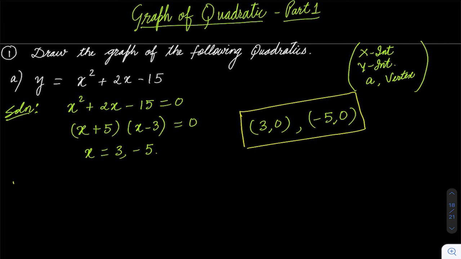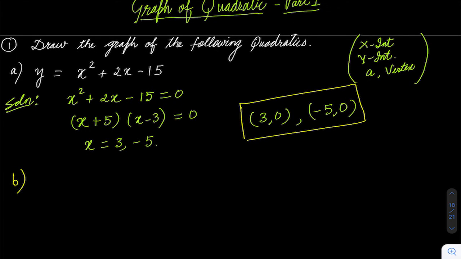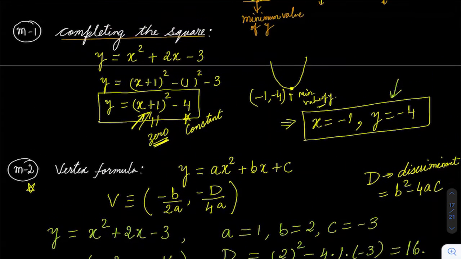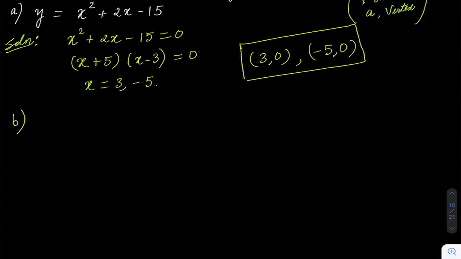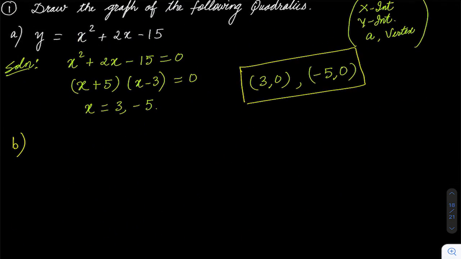Second thing is y-intercept. Now the y-intercept we just learned is (0, c). You can just remember this. It's very easy. Or you can just remember x is 0, y is c. So just substitute x as 0, and it will give you the c value. So I can directly write the y-intercept in this case is (0, minus 15), (0, c). This is my c value. Remember to take the signs properly. This is minus 15.